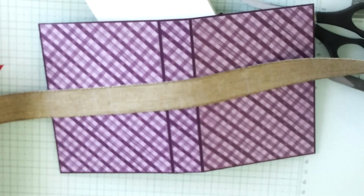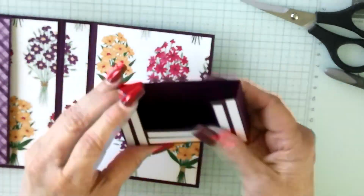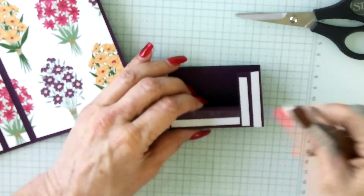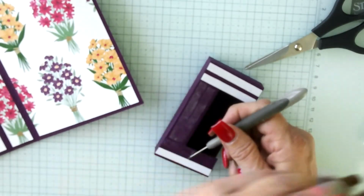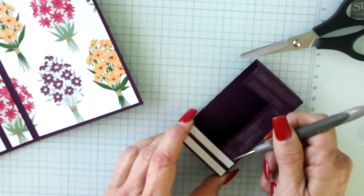So getting that down, doing all my winging it, making sure how everything looks. And I forgot to put the ribbon over that, which I really wanted to sneak underneath the designer series paper, but it just didn't work out that way. But this way it works out much better. So again, I'm going to pull the backing to the adhesive off and then pop that down left to right,